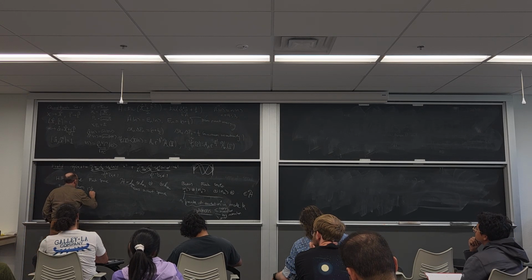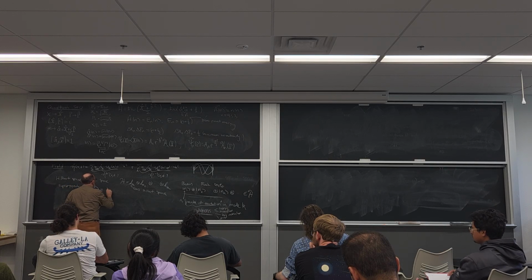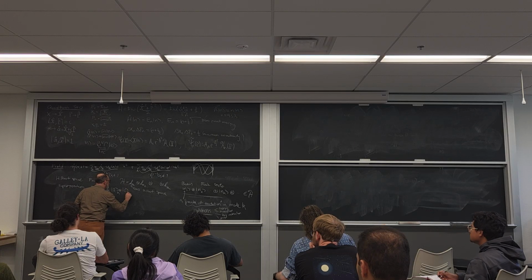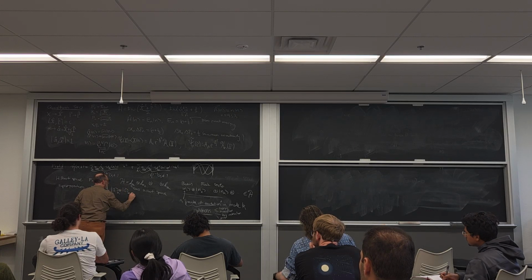So I might have a state, let me just write it this way, which is, say, 1 over root 2, 1, 0, plus